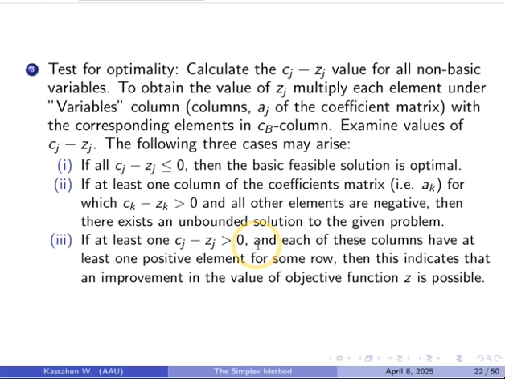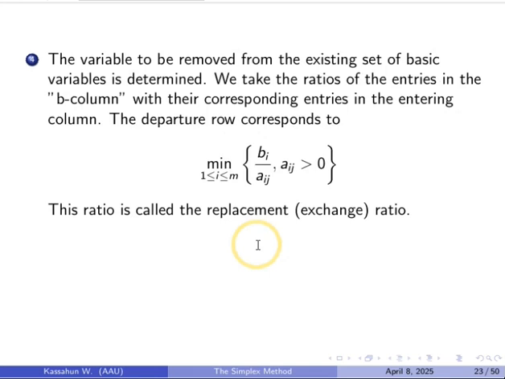This minimum ratio is helpful to know which non-basic variable is to enter and which basic variable is to leave. Of course, this ratio is performed for all positive components of A.